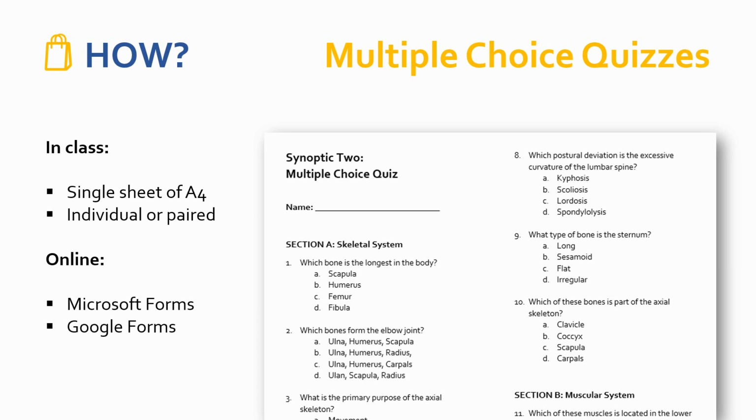One really great thing about MCQs is they can be done online. Microsoft Forms and Google Forms both have the capacity to have self-marking quizzes, which we can talk about another time. But that would be really useful. The students can be set it even for homework, and then they can get instant feedback on their answers.